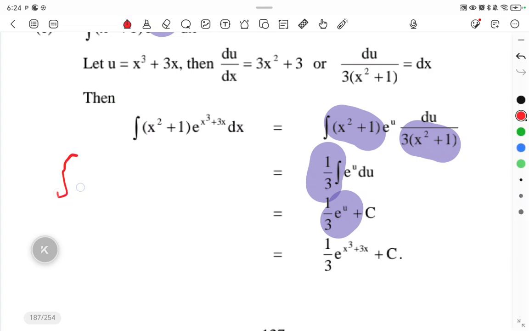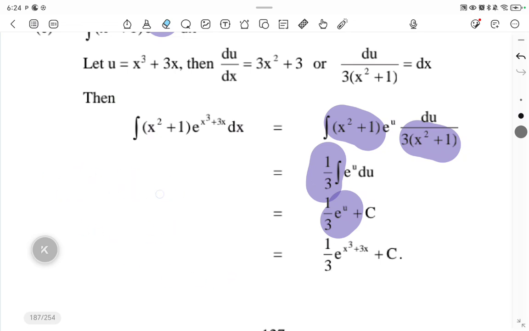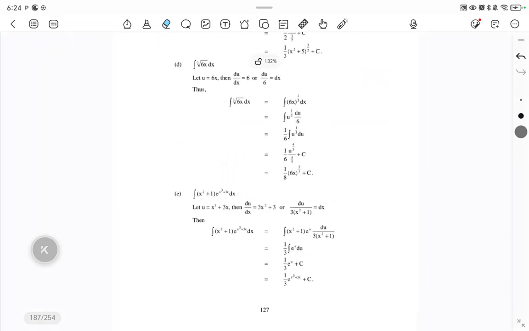Why? Because when I'm integrating e to the u, I say e to the u over ln e times the derivative of u plus C. You see, right? So I'll get e to the u. And then after getting that e to the u, I come back and substitute my u. You see, right? Then that will be the case. So, meaning,